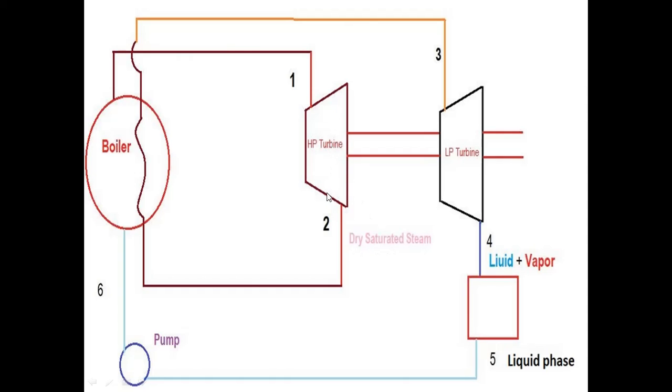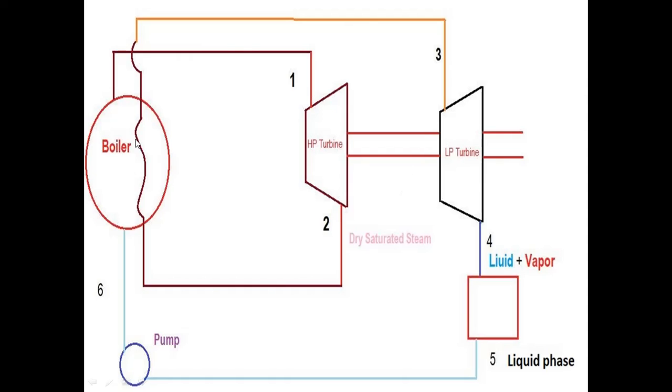When it comes out of the high pressure steam turbine, it will be at the dry saturated point, and then again it will be reheated, but not at the same pressure. There will be an intermediate pressure, and it will be reheated in the boiler and taken to the other turbine, the so-called low pressure turbine. It will absorb some amount of heat energy or enthalpy and convert that into work. Then the steam flows out as a liquid plus vapor mixture. In the condenser it will be converted into the liquid phase, condensate, and then pumped back to the boiler by using a pump. This is how your reheat two stage turbine will work.